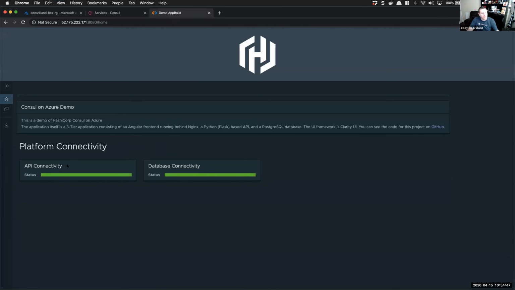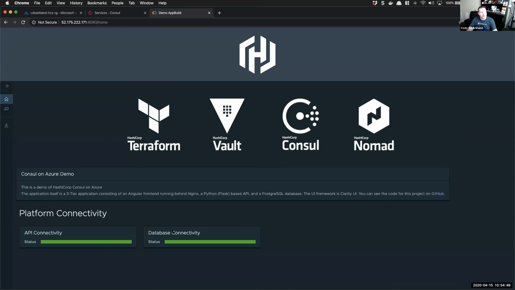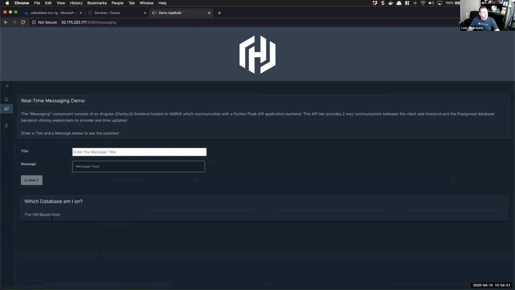We can see that it's a 3-tier application. It's got a front end, an API, and a database. If I hit this tab, we can see I'm on the VM-based database. Right. So now we're going to go ahead and look at how we can start to get this fired off